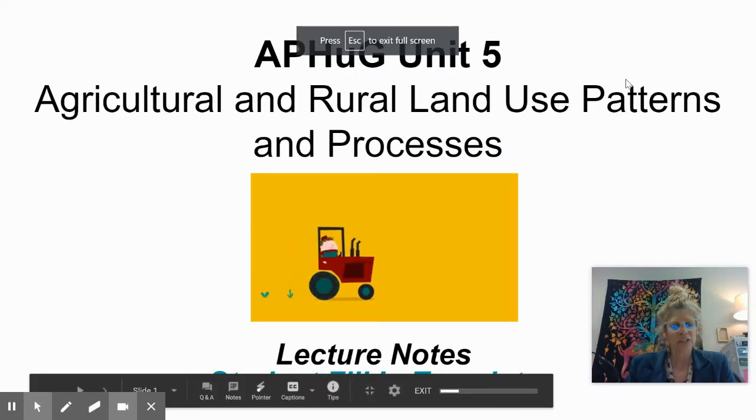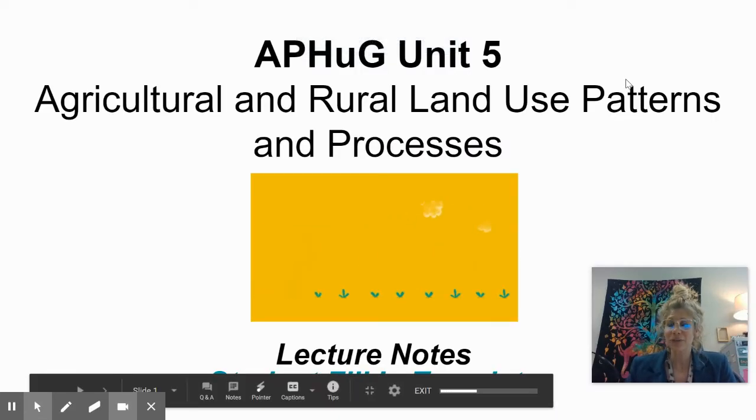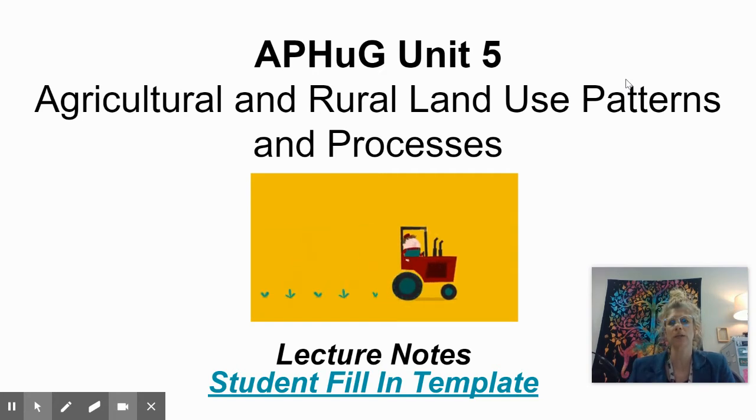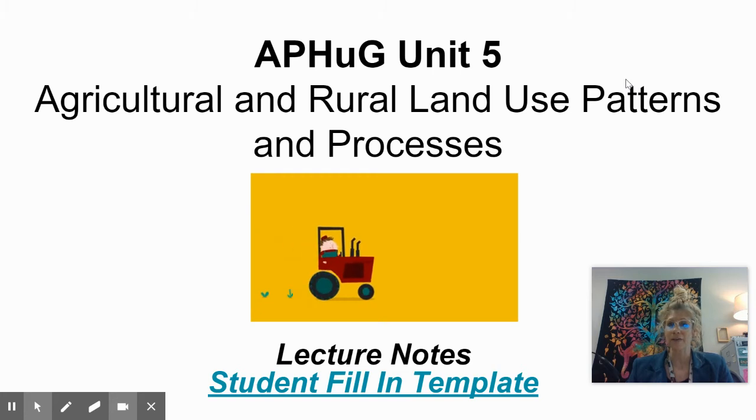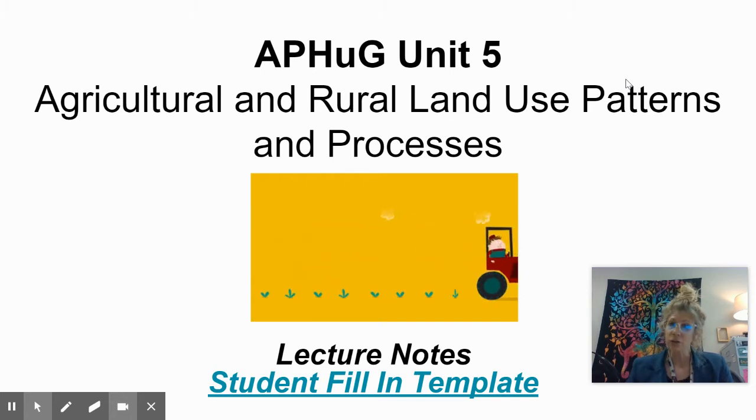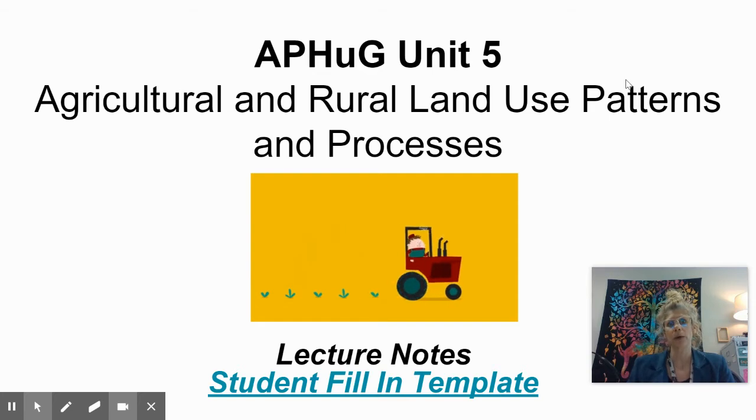Hey, everybody. So, we're going to start agriculture. This is Unit 5. Some of you might really enjoy this unit. Within this unit, we talk about two different things. We talk a lot about food and where it comes from, and different practices of farming. And we also talk about rural land use patterns. So, out in the countryside, we talk about some patterns that are different from, say, what you would see in